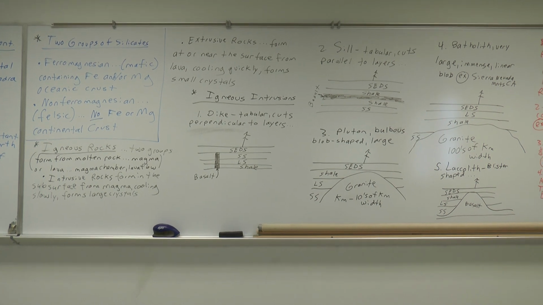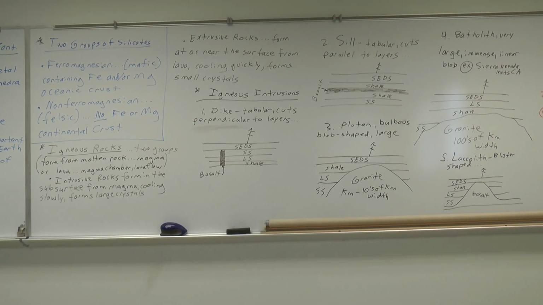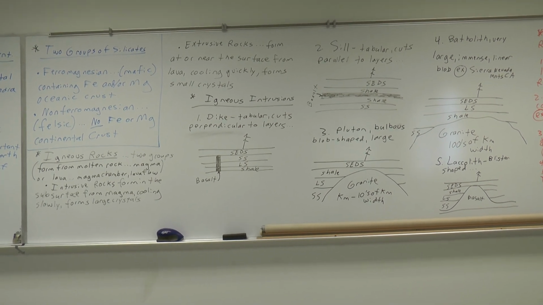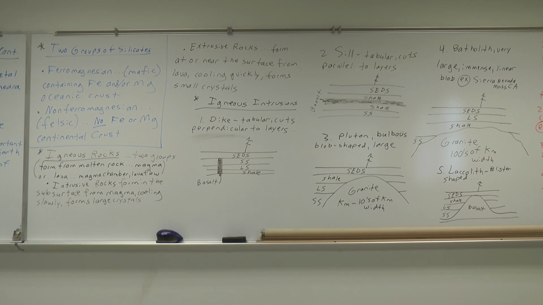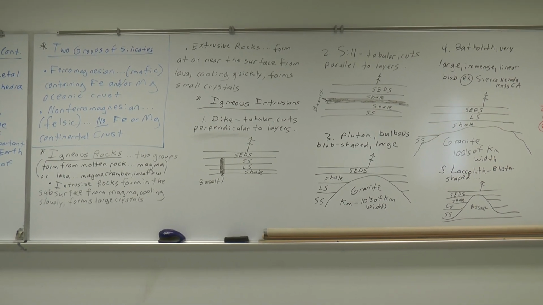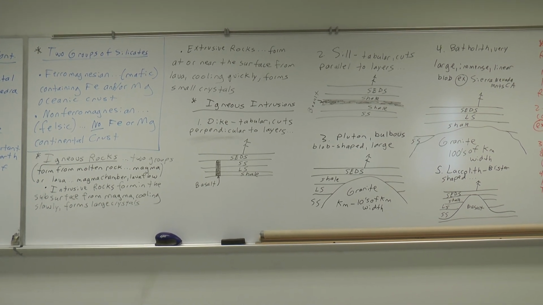We're going to see that basalt is going to make up our most shallow intrusions here. And that's where we're going next, igneous intrusions. So again, this could be a review for some of you. If not, it's not hard to learn. We're going to take a quick look at 5 basic intrusions. Number 1 is the igneous dike. So it's a tabular intrusion. Tabular means like a tablet, so like an